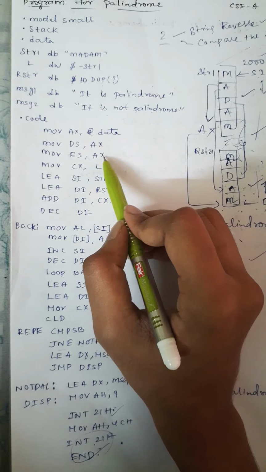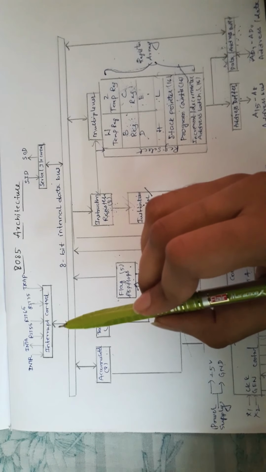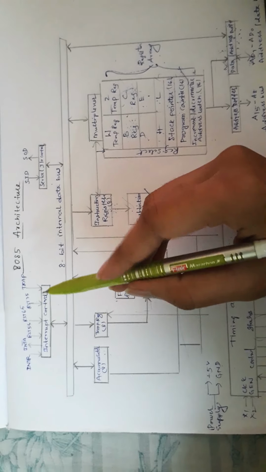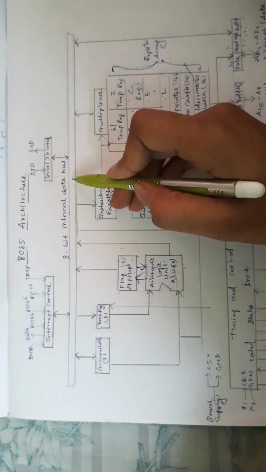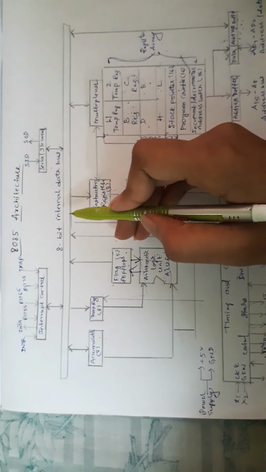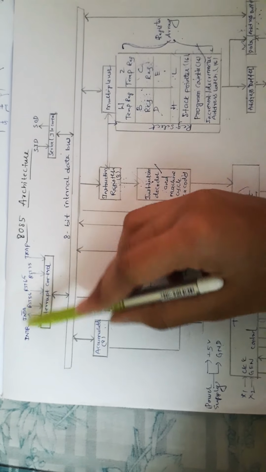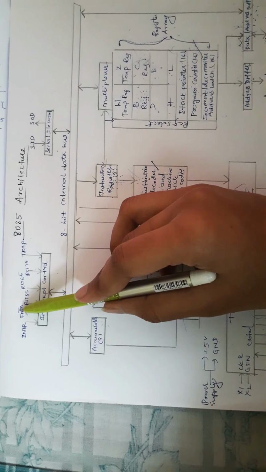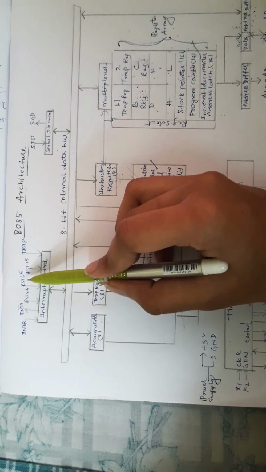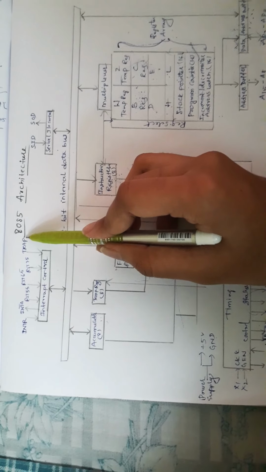Now coming to what is left, the instruction decoder decodes the information from the instruction register, with an 8-bit internal data bus. Next, the interrupt controller. As the name indicates, it controls the interrupts during the execution of a program. If any program is being executed and an interrupt arises, control is transferred from the program to process the incoming request. There are mainly 5 interrupt signals: interrupt request, interrupt acknowledgement, RST 7.5, RST 6.5, RST 5.5, and TRAP. These are all the interrupt control signals.